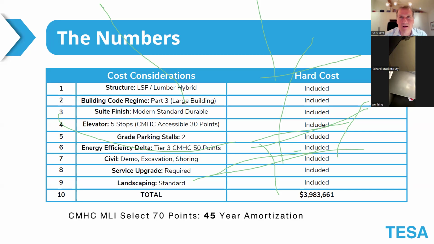But as I mentioned earlier, as soon as we get into these multiplexes, because of fire safety concerns, we have to get into non-combustibles for the load-bearing walls. We don't want to go to concrete. We don't want to go to cinder block. So the hybrid of LSF lumber is the way to go.